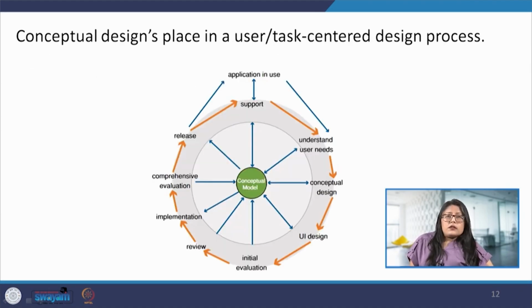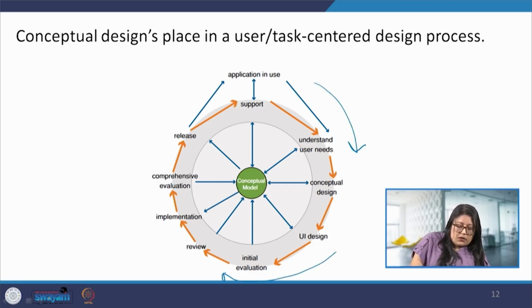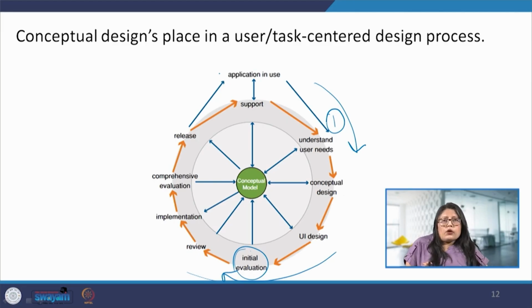Here we can see how the conceptual design fits into the user task centered design process. We can see it's a cyclical process. It goes around in a circle, maybe starting here from understanding the user needs, going to conceptual design, UI design, and then the initial evaluation. You can see how the UI has been integrated early on in the newer model, and then review, implementation, and evaluation. All of these steps hold a lot of importance when it comes to the conceptual design, because